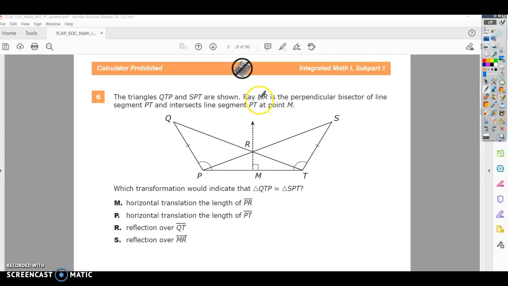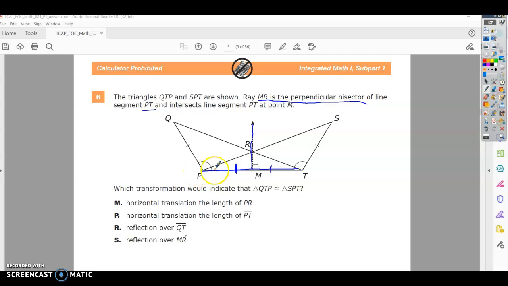Alright, so MR is the perpendicular bisector of line PT. So here's MR. And it's a perpendicular bisector of PT at point M. So that means this segment and this segment are congruent. Definition of perpendicular bisector. All right, which transformation would indicate that triangle